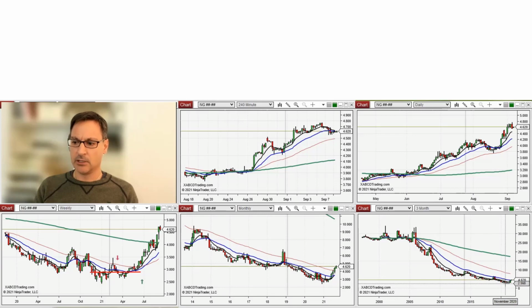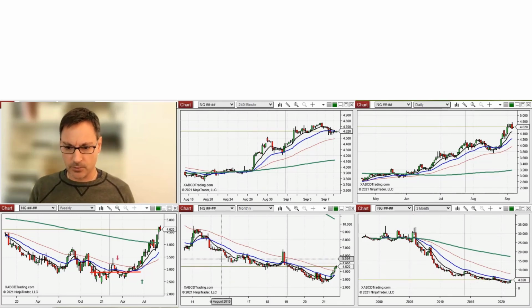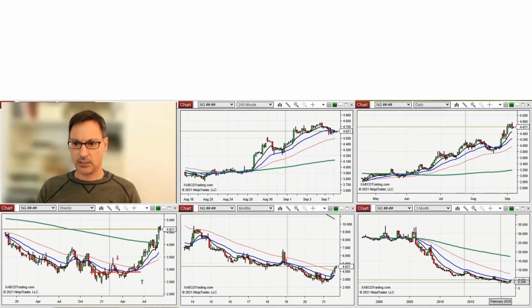Obviously, starting from this low base of below $3, there's a lot of room to go, right? The target is breaking these highs and moving above 35. So I'm very much looking forward, if this gets confirmed, to trade that long. It's a great trading contract. So this is it for this month. We have got some new developments, and let's see how these months continue for the rest of the year. Thank you.